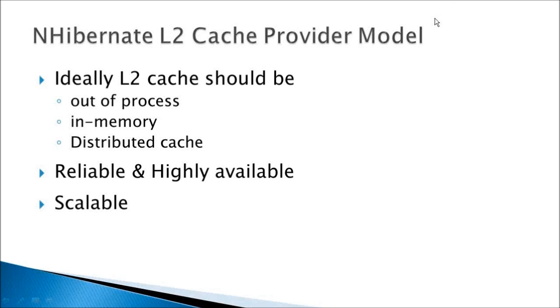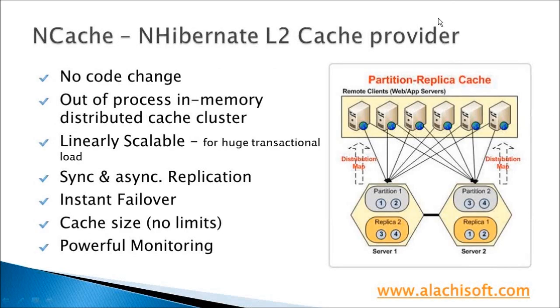Ideally, the second level cache should be an in-memory cache as you want to increase your application performance. It needs to be an out-of-process cache, which does not get flushed even if your worker process recycles. It needs to be distributed so it can be shared among multiple worker processes on different web servers. Remember, you can only increase your application scalability and performance if your underlying caching infrastructure is highly scalable and performance oriented. So here we have such a level 2 cache provider from NCache.